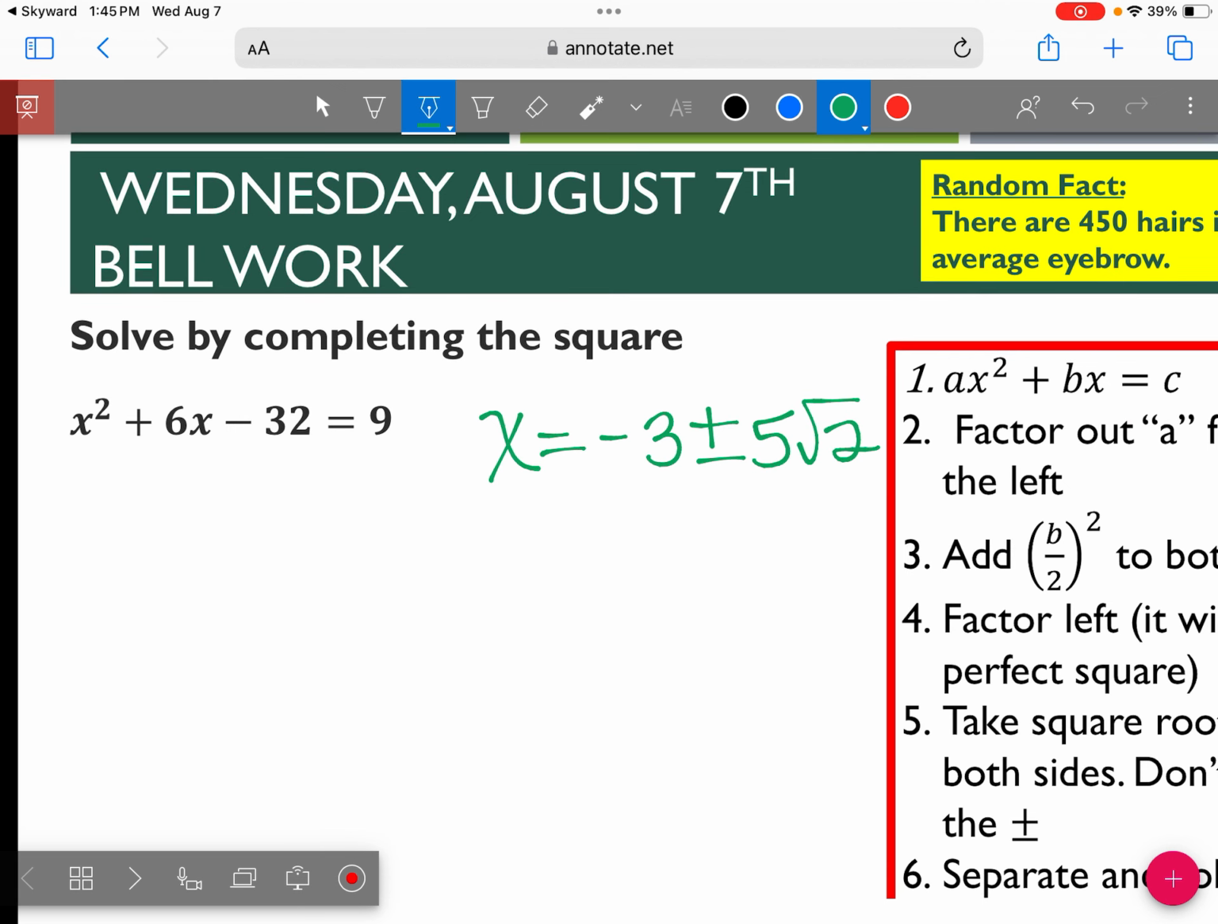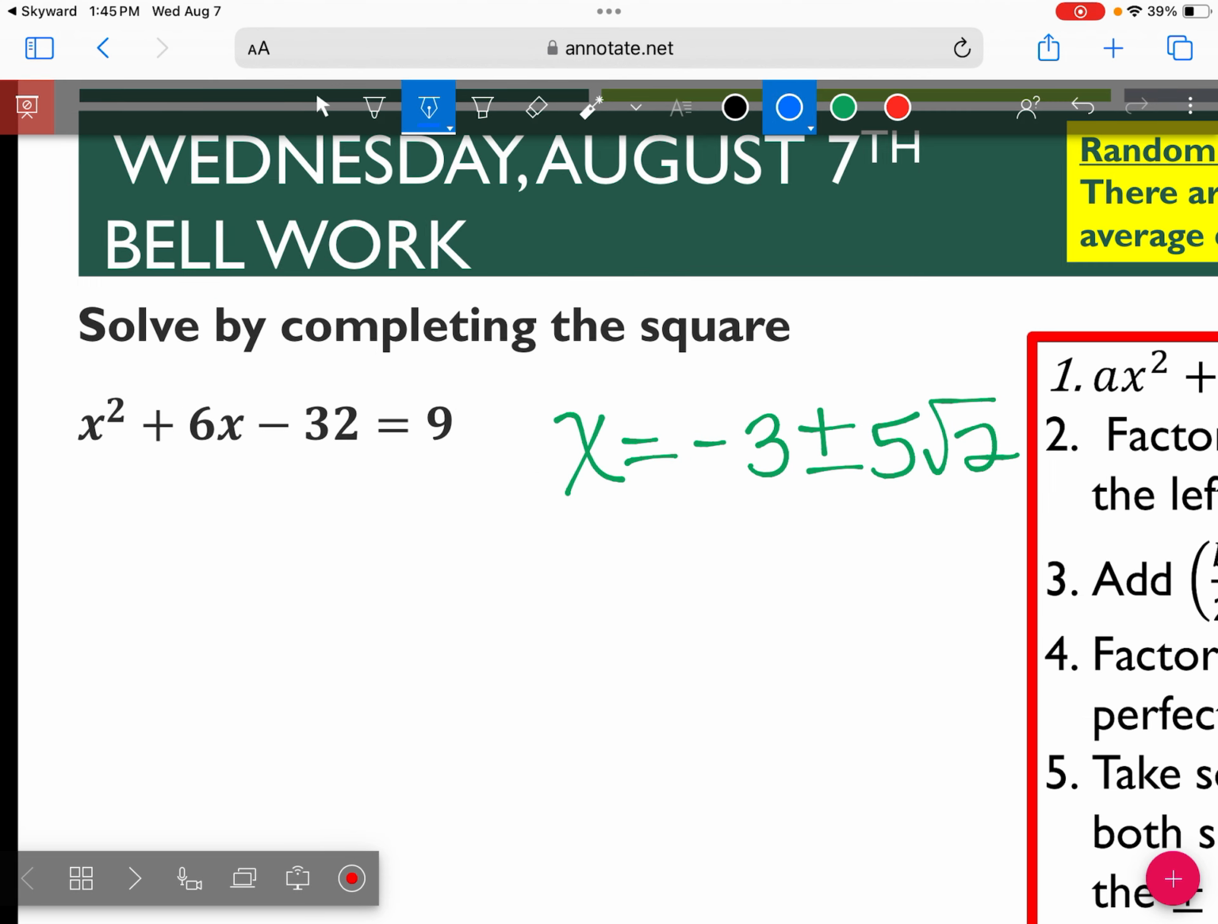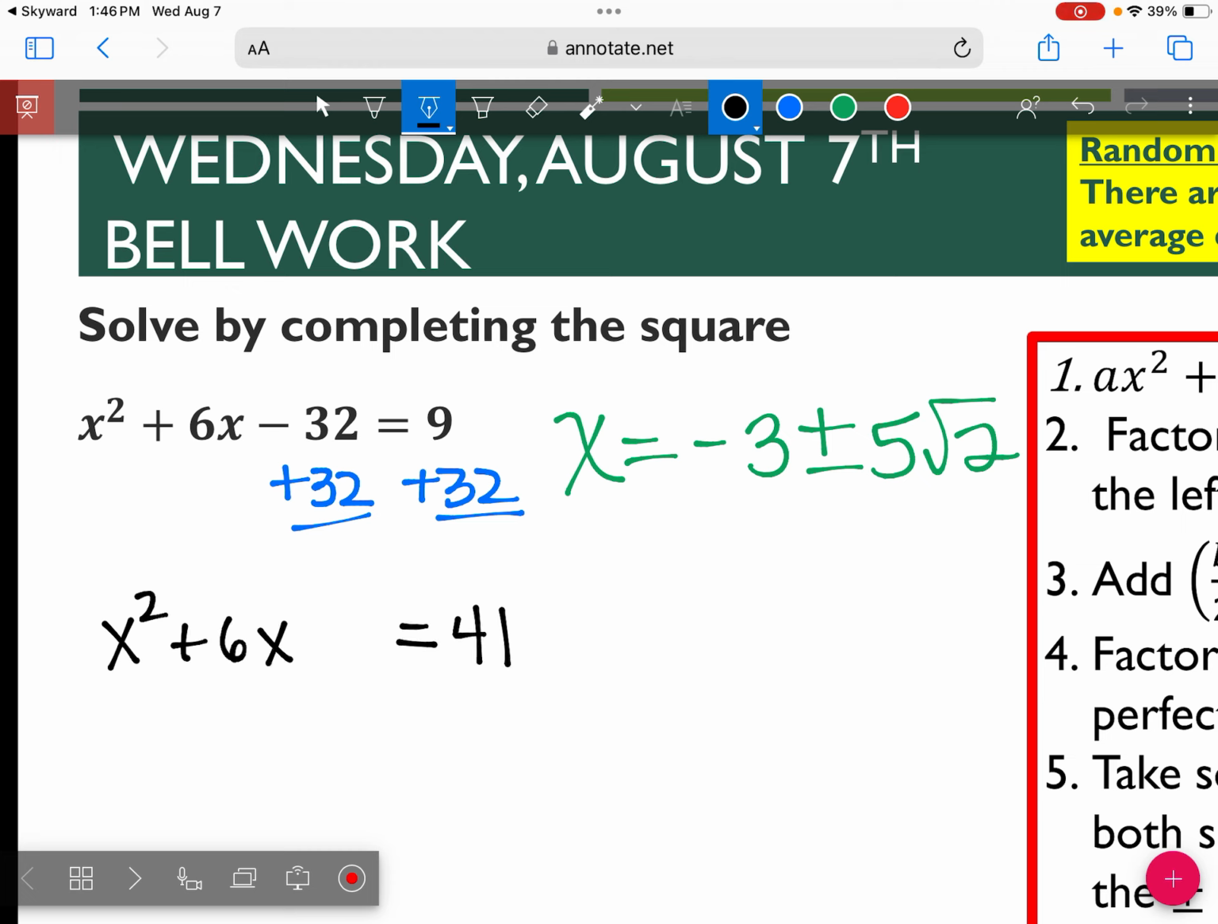All right, so step number one is to add the 32. So we're going to start off by adding 32. So that gives you x squared plus 6x equals 41. So now,